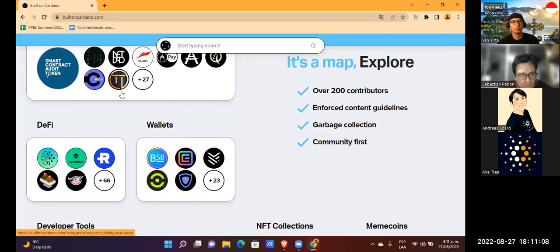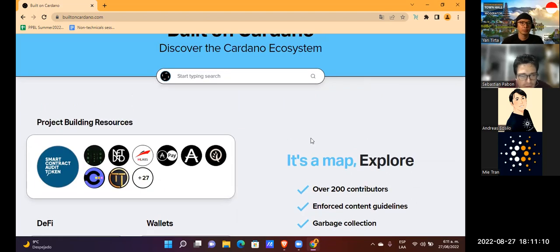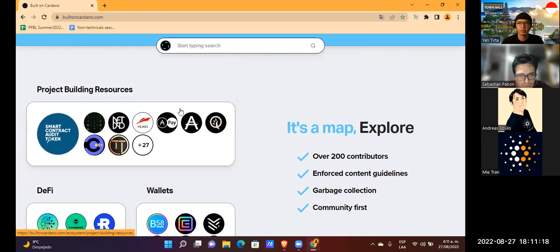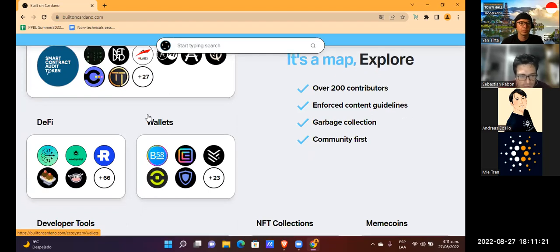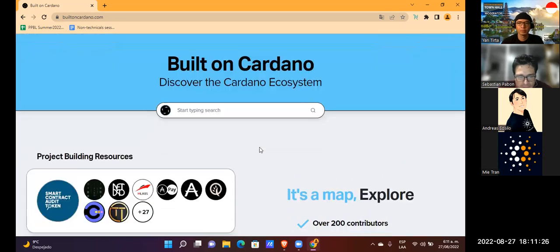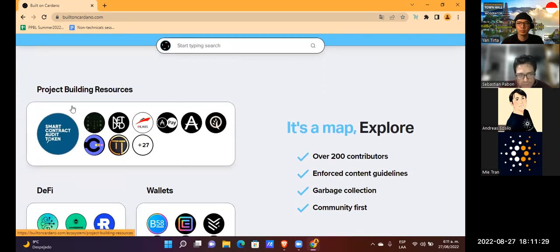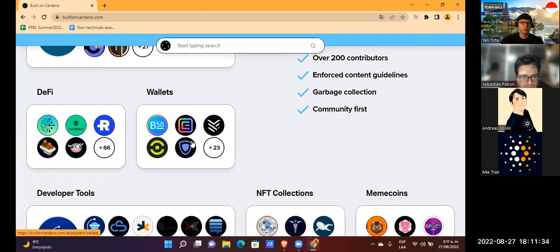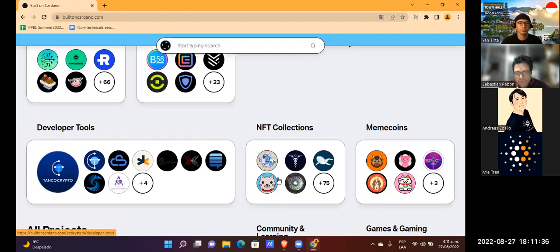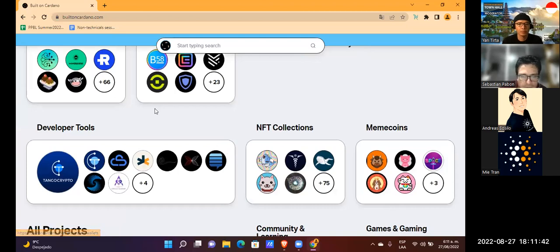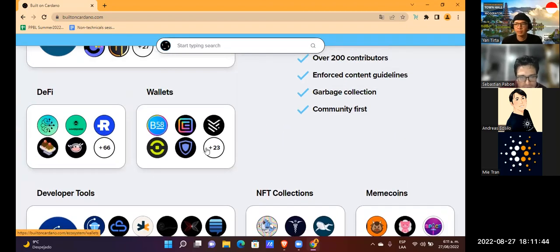We use this tool to identify the authentic sites on the web of the tools used on Cardano. In this website, we have various tools. For example, DeFi sites, the wallets, developer tools, NFT collections, all the tools that we can find on the ecosystem.